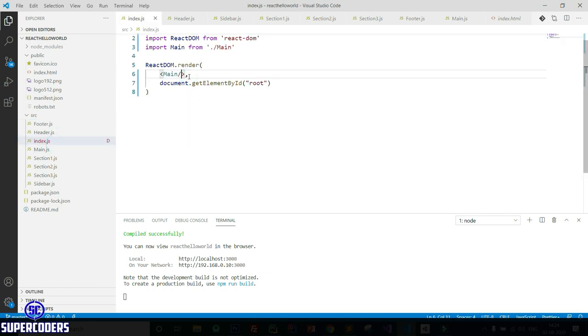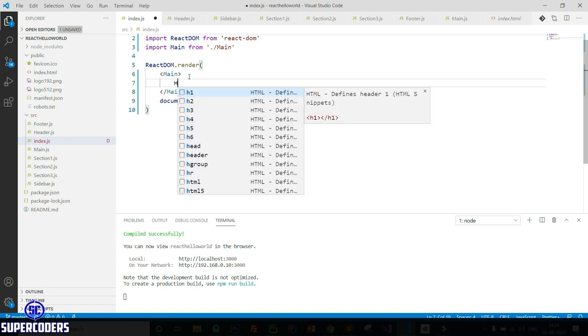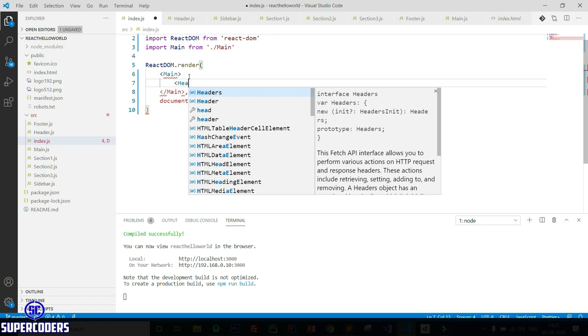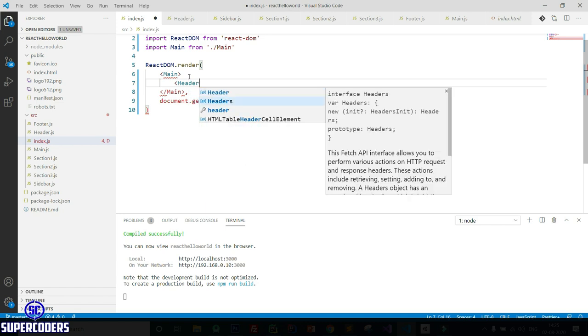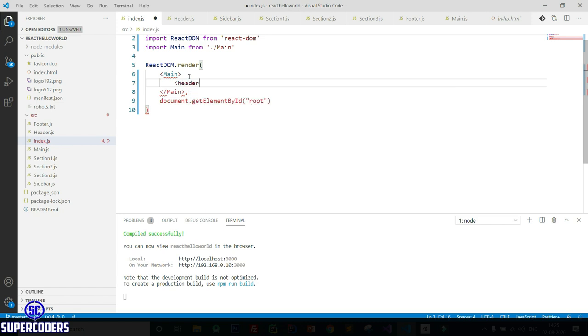So here first parent component is our main. So first close this like this, then inside first adding header. So type header. Let's import this class first.